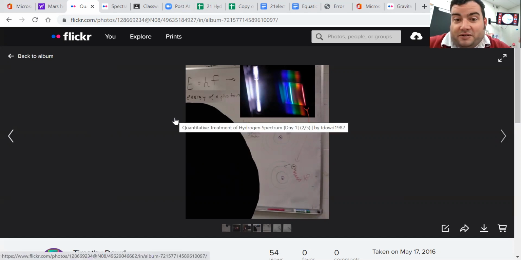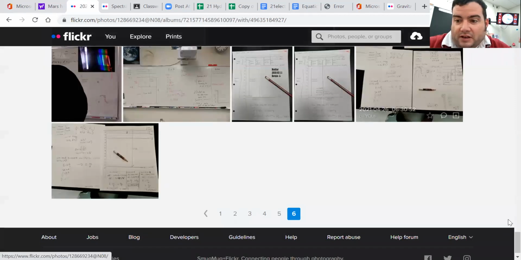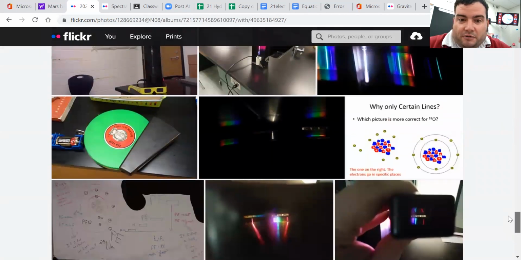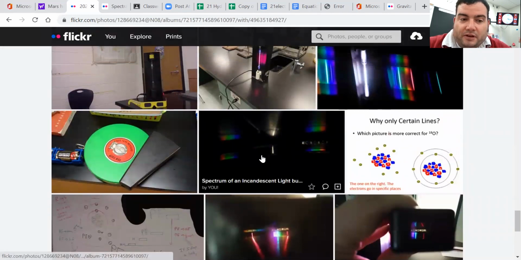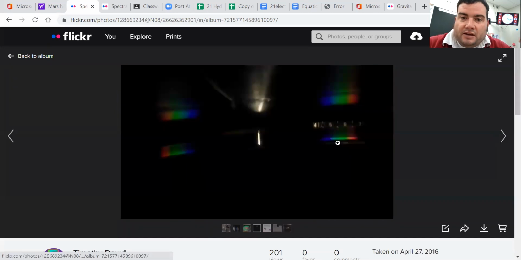First thing we need to know is how much energy do each of these photons carry. So the way we can do that is we can observe hydrogen through what's known as a spectroscope. So spectroscopes look like this black thing. And if you point the slit at a source of light, it separates out the different colors